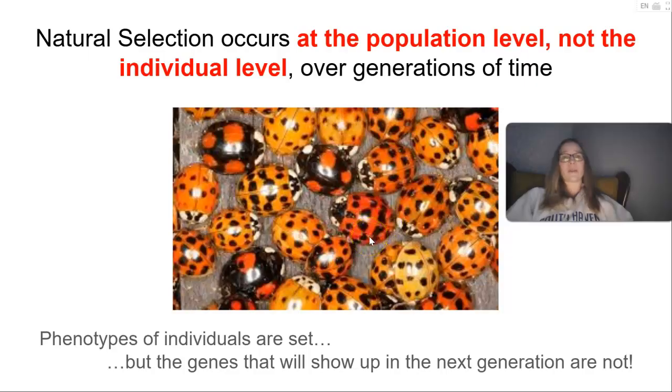But as a population, if there are a lot of predators eating the red ones and the orange ones because they're bright colored, then these black ones are going to be remaining, and those are going to be more successful with reproduction. So over time, the population is going to have more black ladybugs. If that makes sense. We'll do a few examples in class. But it is important to know that natural selection is not about the individual changing color. It is the population of ladybugs showing a shift in how many are orange versus red versus black